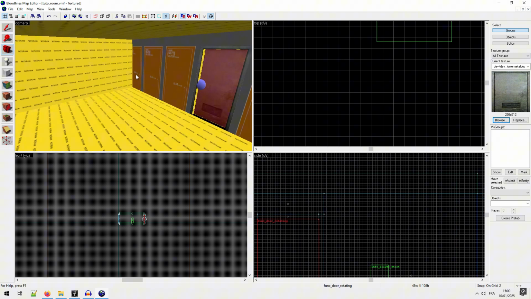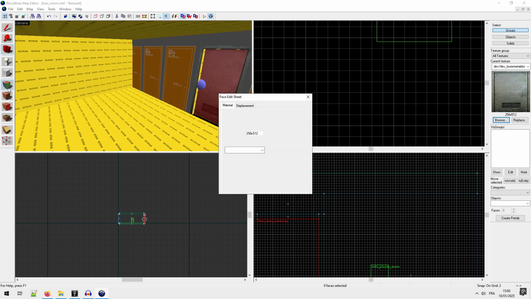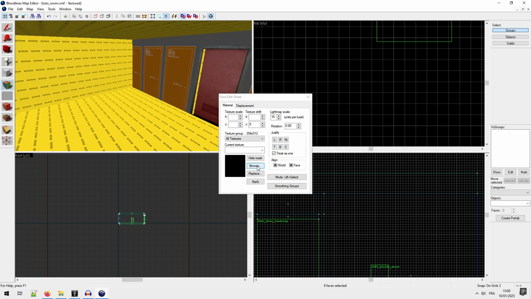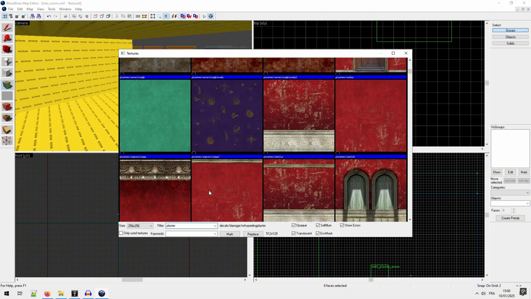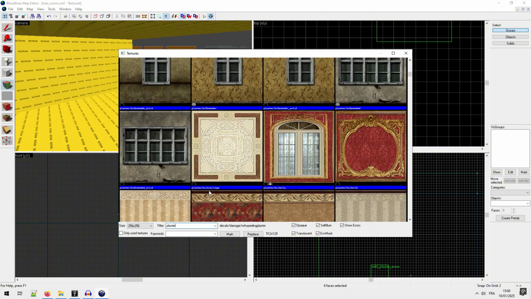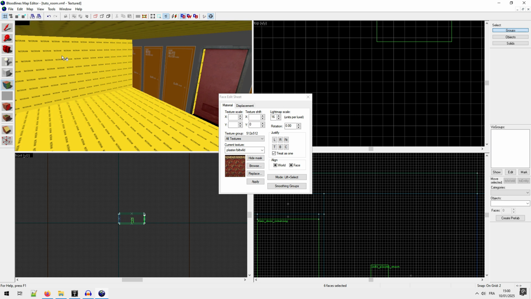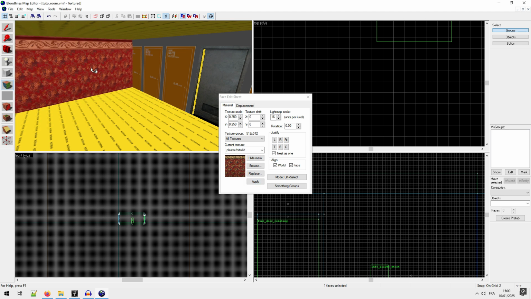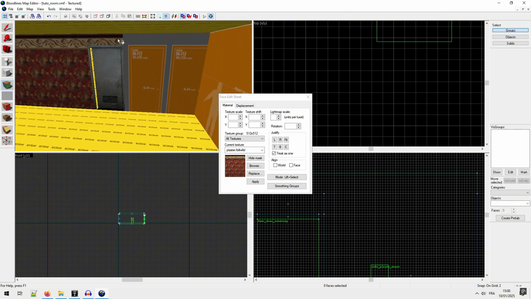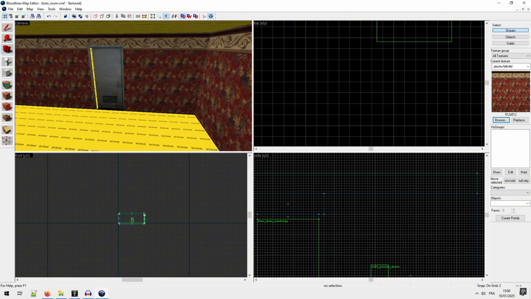Okay, now let's put other texture, make it a basic room. So browse, and I will choose plaster, and I will pick this one. Okay, I select this face, apply, and you see it fit perfectly. And with this face selected, control, right click, and it repercute everywhere. So that's how you paint your wall.